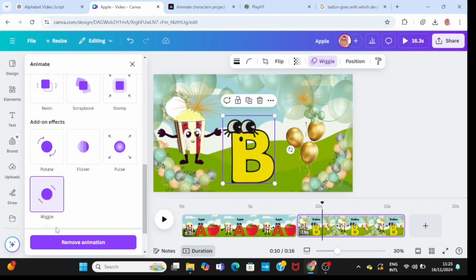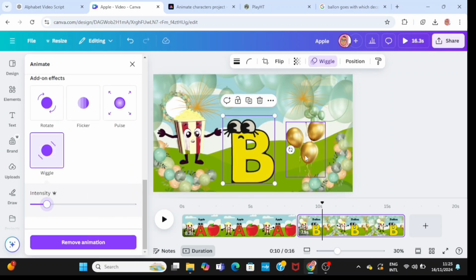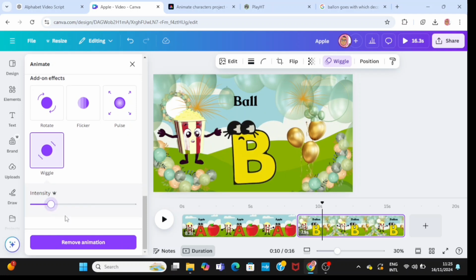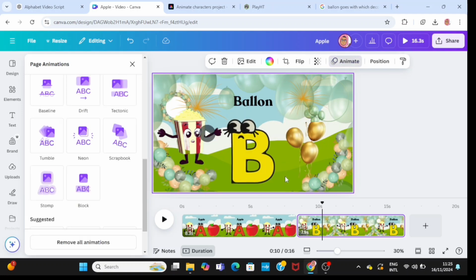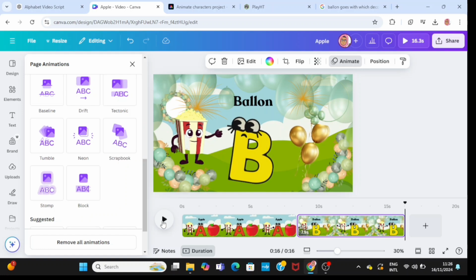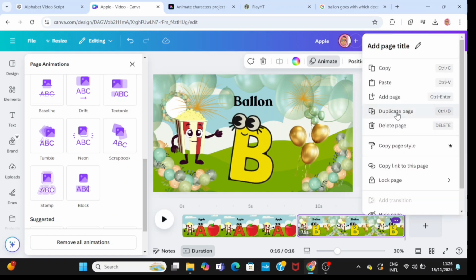Go to animate, click on wiggle, reduce the intensity, then click on the balloon, then animate, change it to wiggle, reduce the intensity too. Next, I'm just going to click on it for you to see the final work. I'm going to also duplicate this page,